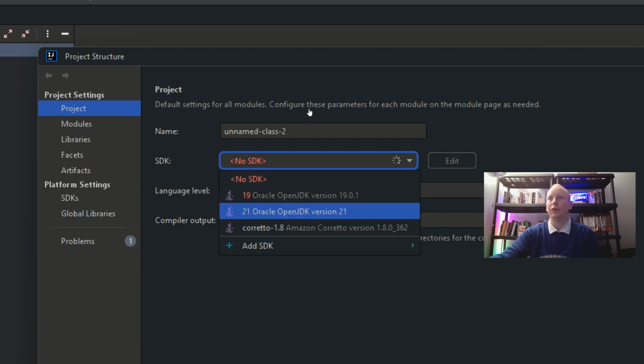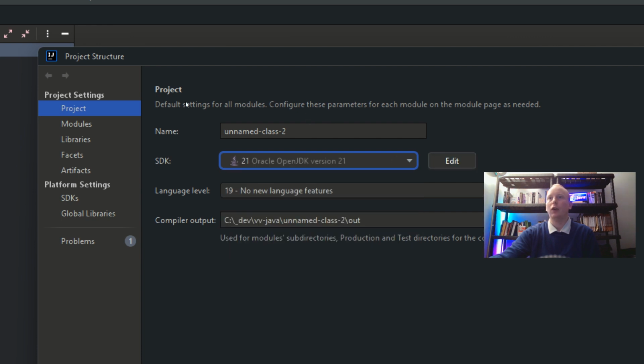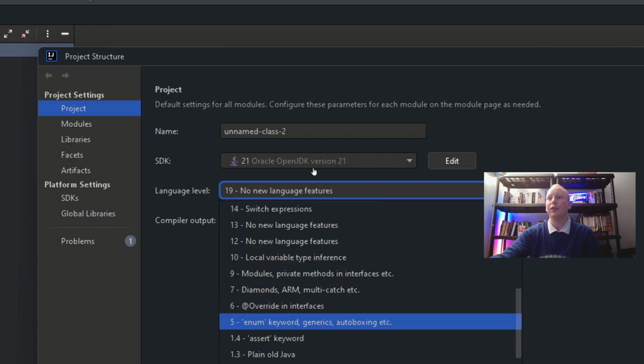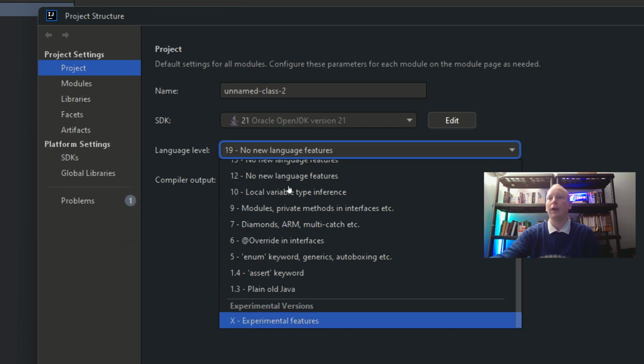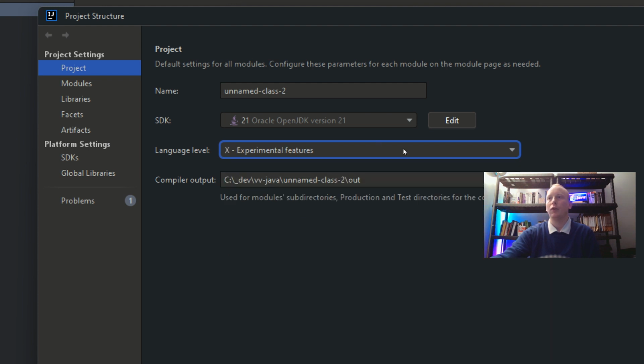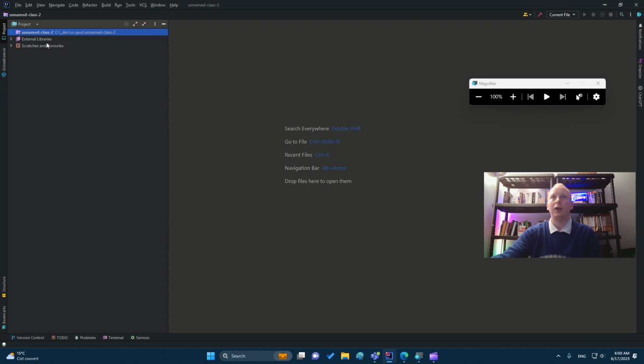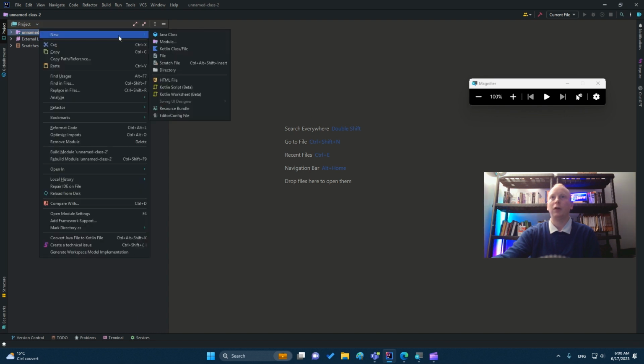So I need Java 21, and here in language level, you have to enable the preview feature because this one is a preview feature, and so I put experimental features in this list box. Okay, so I zoom back, and I click Apply, and then OK. And now I can write my first Java unnamed class.